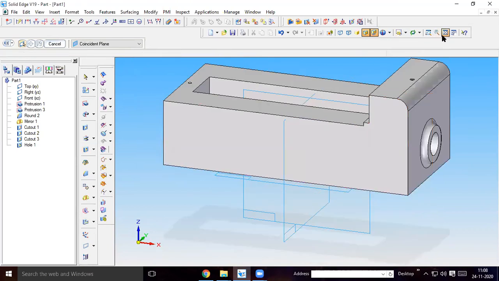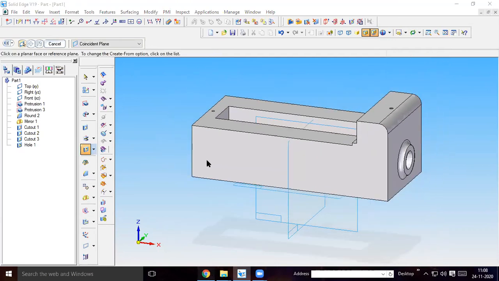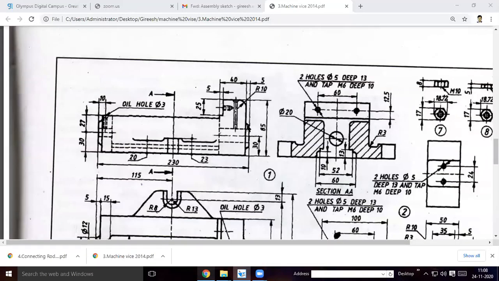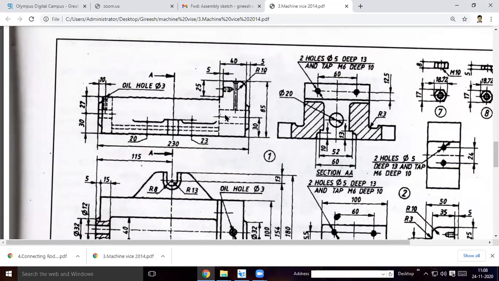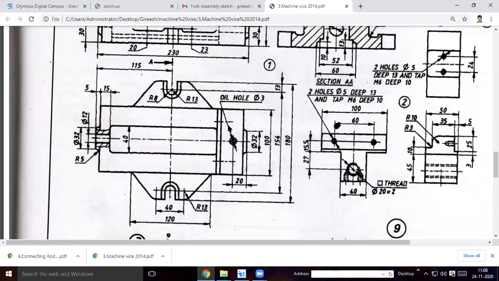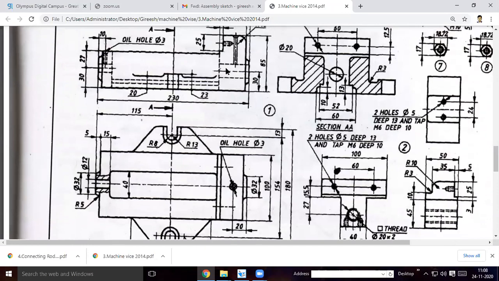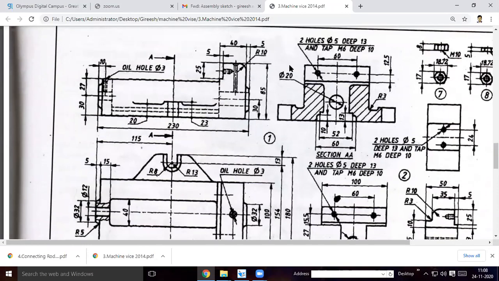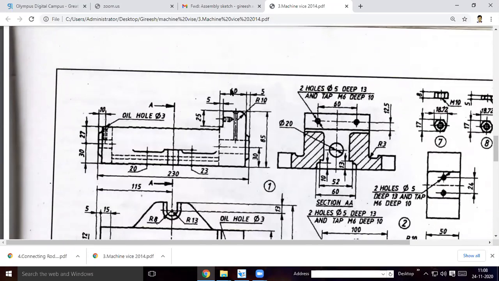Okay. So then what else is left? This countersink is over, this extruded part is over, walls are over, here also it is over. Then you will be having the screw here. From the side view you can see on the movable jaw surface.